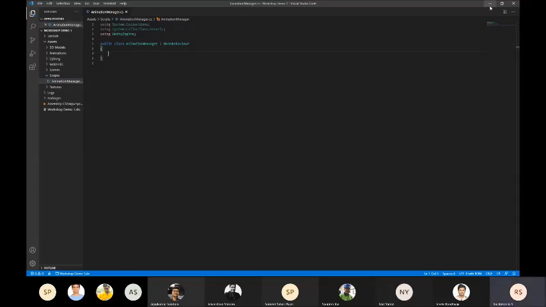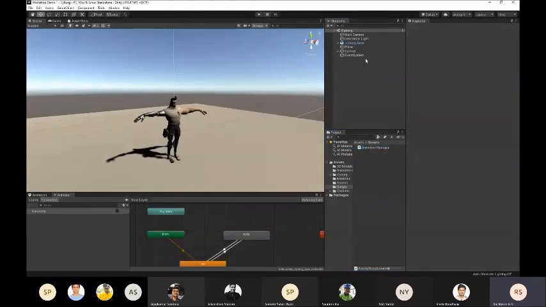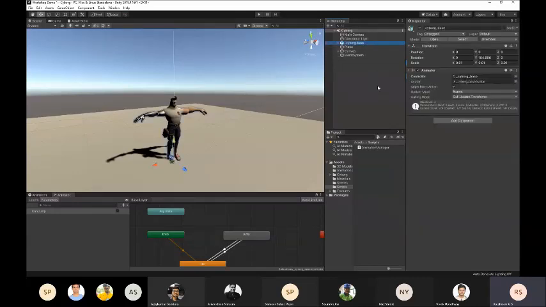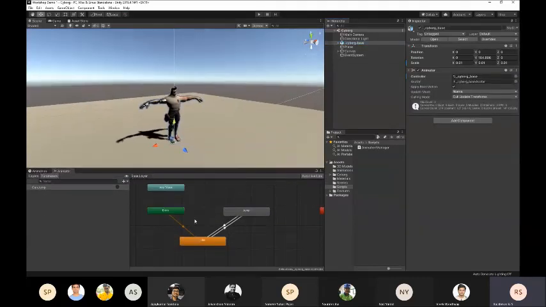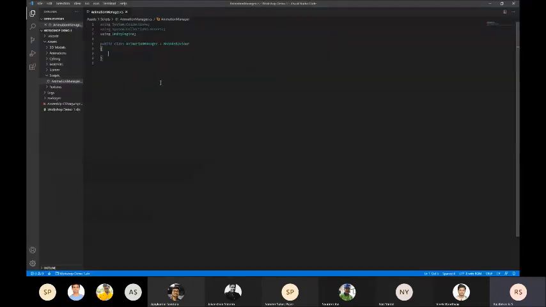Okay, so first, we need to map that button to our animator's parameter, right? So first we'll be creating a variable called public Animator. So this is the variable type. Like how we have int, float, this is a type which is defined in the Unity Engine library.